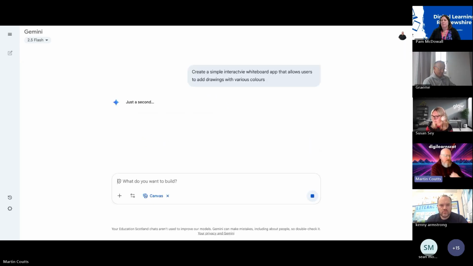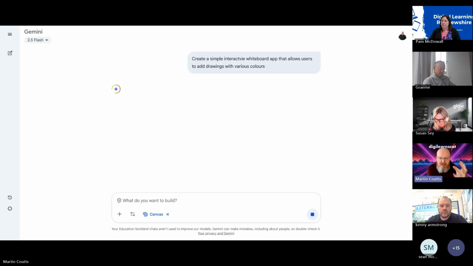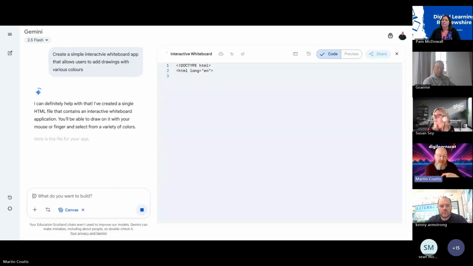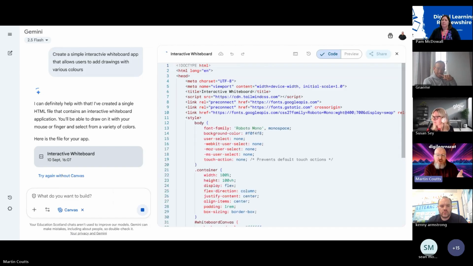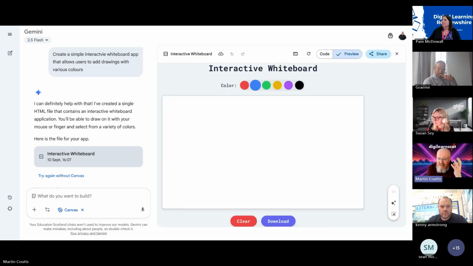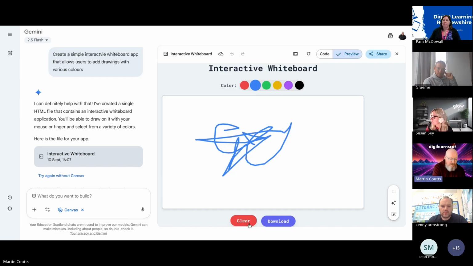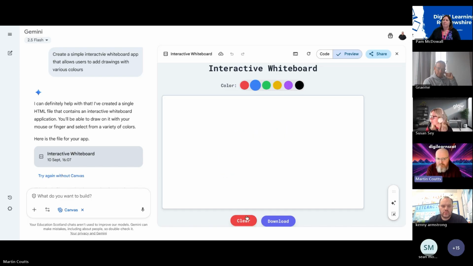various colors. Okay. Now, what you could do with this is it will give you the HTML code, the code that you could take and then embed on a Google site and share with your learners. So this is definitely one to be doing on your own. Maybe it's bringing an idea to life, right? That's what I think about this: it's bringing an idea to life. So there's just a wee simple interactive board. Okay. What's missing? Well, I might want to